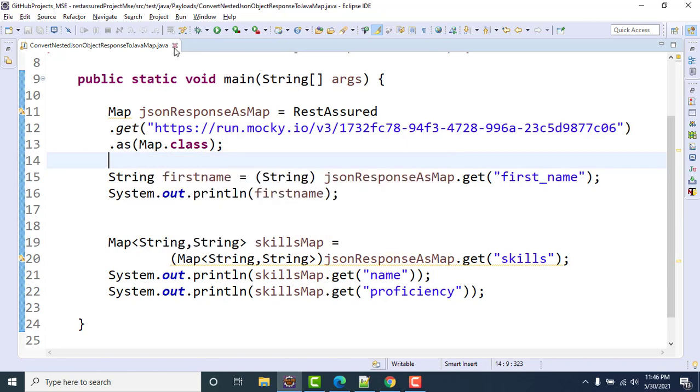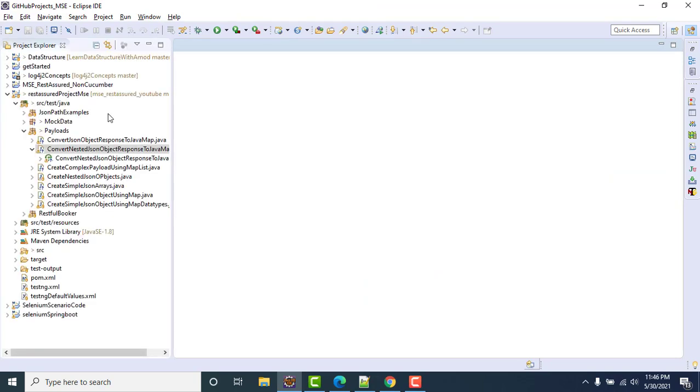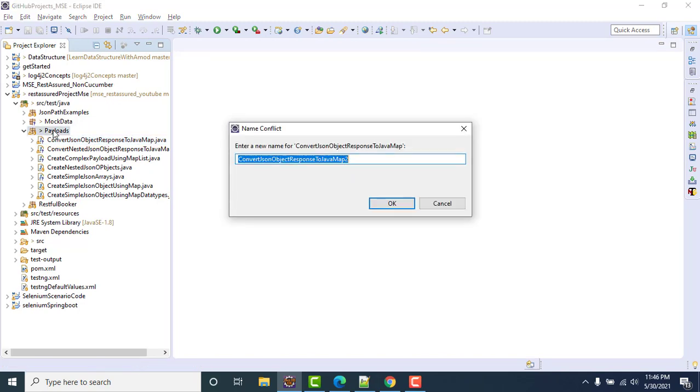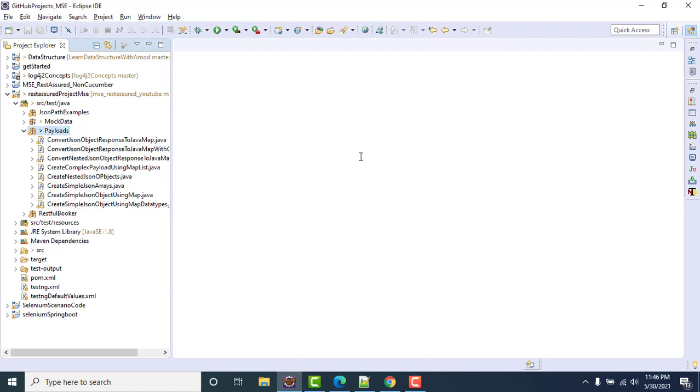So what I'll do, let me copy the first example program, Java map with generics. We know already what is generics: list of string, list of class demo, anything, right?